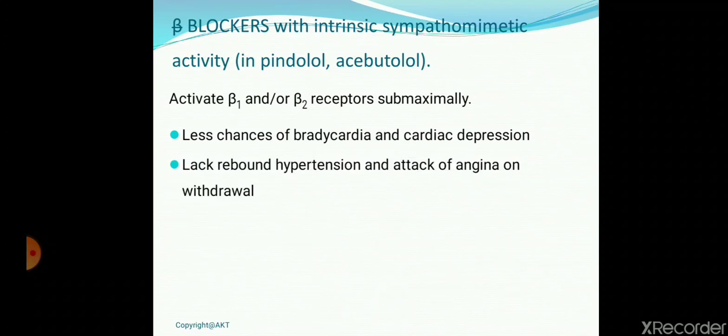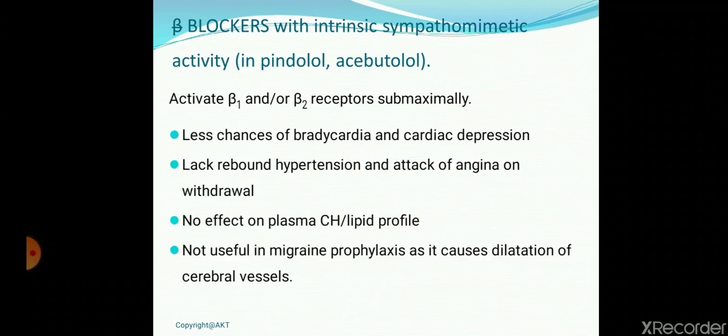And if the non-selective beta blocker is used for angina pectoris, if the drug is missed or withdrawn suddenly due to any other cause, there are chances of a sudden attack of angina. So those two side effects will be nullified in the case of beta blockers with intrinsic sympathomimetic activity, and they have the least effect on plasma carbohydrate and lipid profile, but they are not useful in,